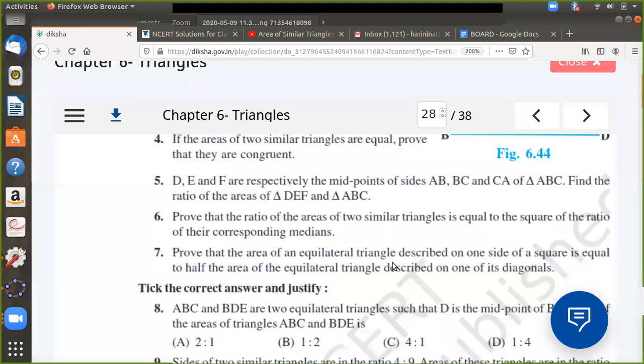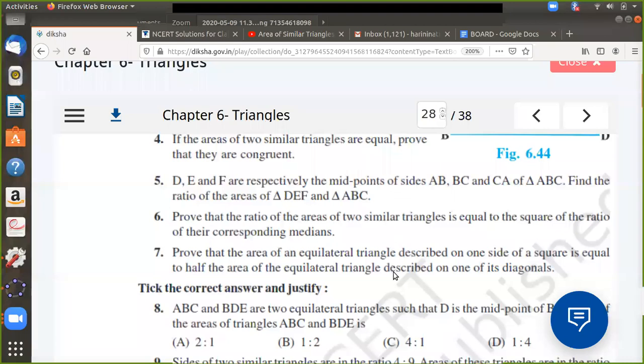And I have to show the areas of these equilateral triangles that you have drawn, one on the side and one on the diagonal. That means you will be drawing equilateral triangles with, first one will be having a base as the side of the square. The second one will have the base as its diagonal. So can you understand what you have to draw? Try drawing it before I show it to you in the diagram.